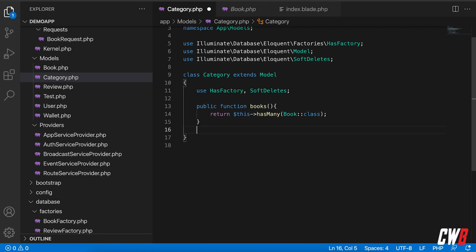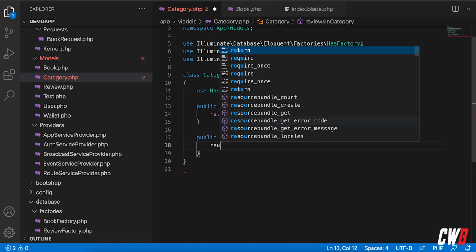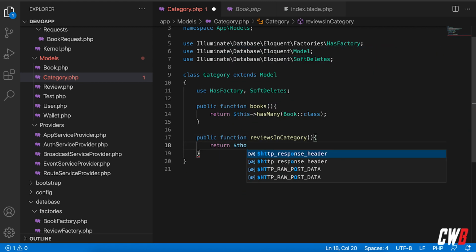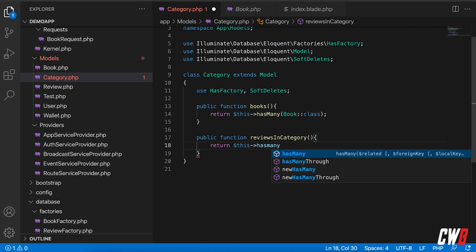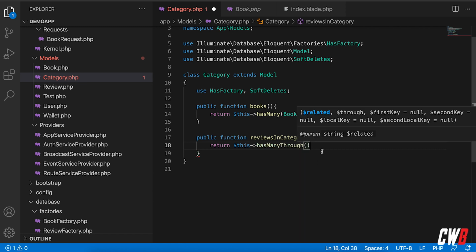Well, we're going to add another function here, public function, let's say reviewsInCategory, like that, and that's actually going to return this arrow hasMany, and it's also prompting it already, hasManyThrough. And the first parameter is actually the relation that we want to have, and then the second parameter is the